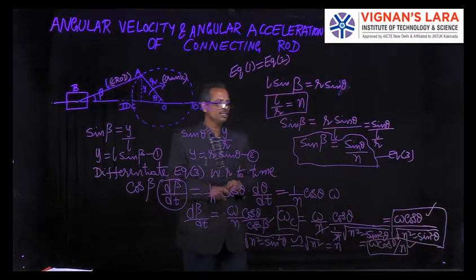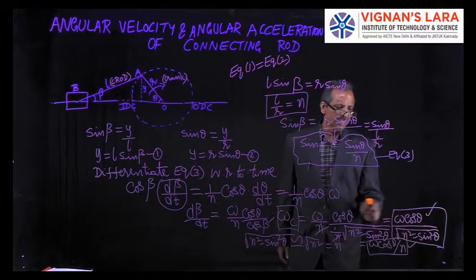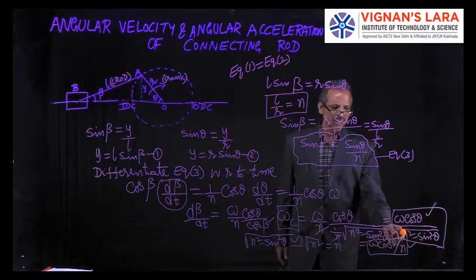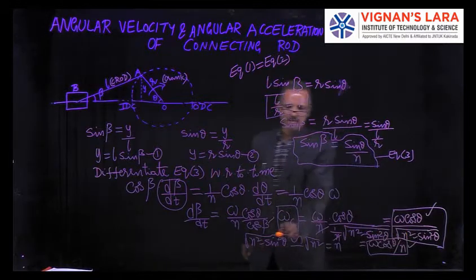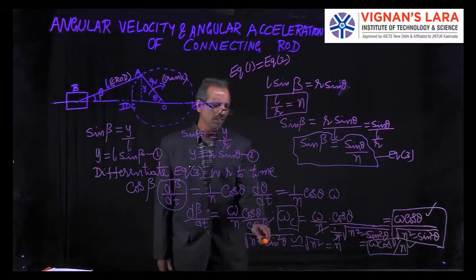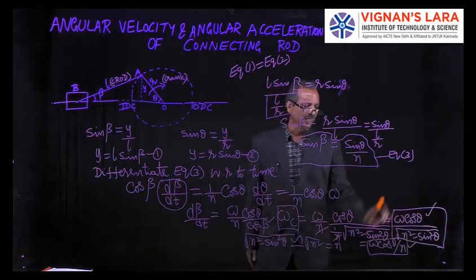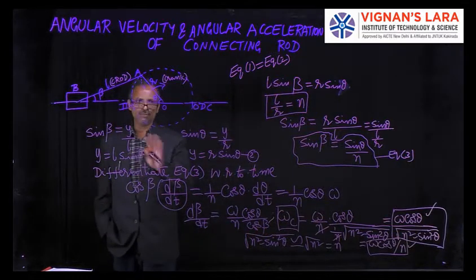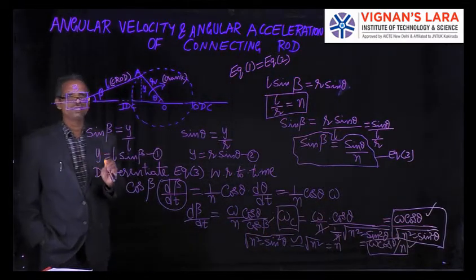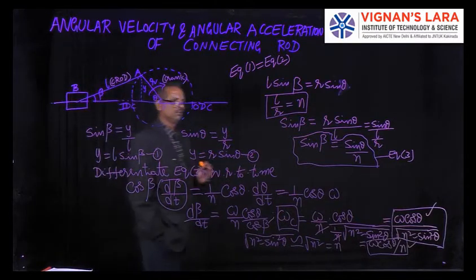The assumption is sin theta maximum will be 1. So n is a bigger value, so n square is a still bigger value. A bigger value is subtracted with a smaller value, then this value will not change. So I have made root over n square minus sin square theta approximately root n square, which is n. Then I can write omega cos theta by n. Okay, then we will see the angular acceleration of the connecting rod.